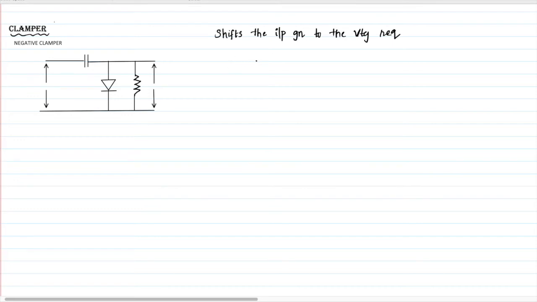Say, for example, if this is the signal 0, say if maximum voltage is 5 and the negative peak is minus 5 volt, 5, 0, minus 5. So there are two types of clampers. One is positive clamper and other is negative clamper. So how positive clamper works is that,